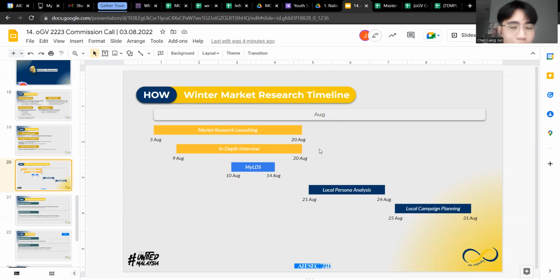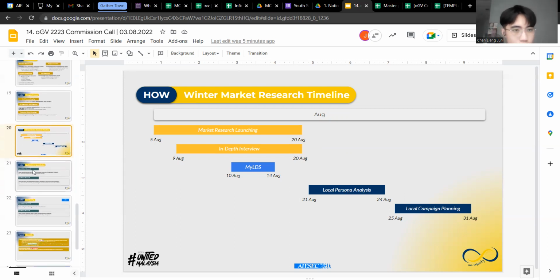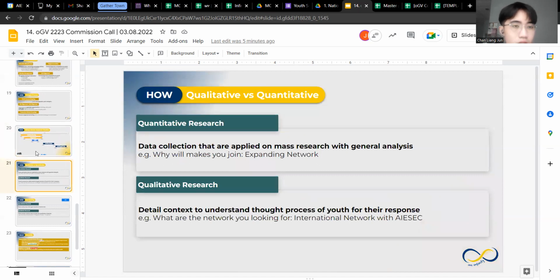So you can customize this timeline according to your attraction campaign. Also do take note that there is my ODS happening here, so you won't actually clash with the capacity in the middle. Yeah. So I think before we go into the very technical side, I want to explain about